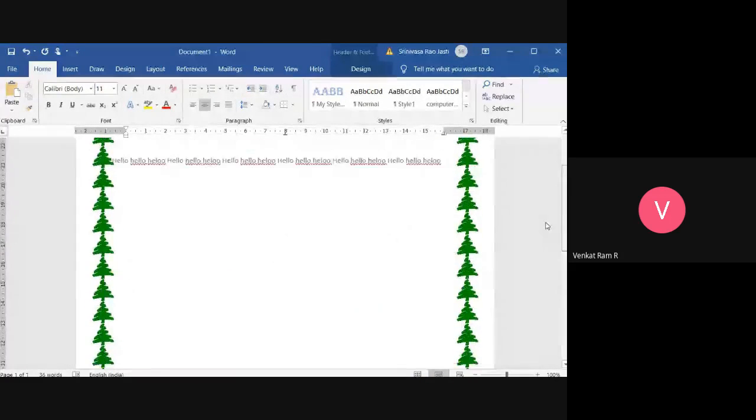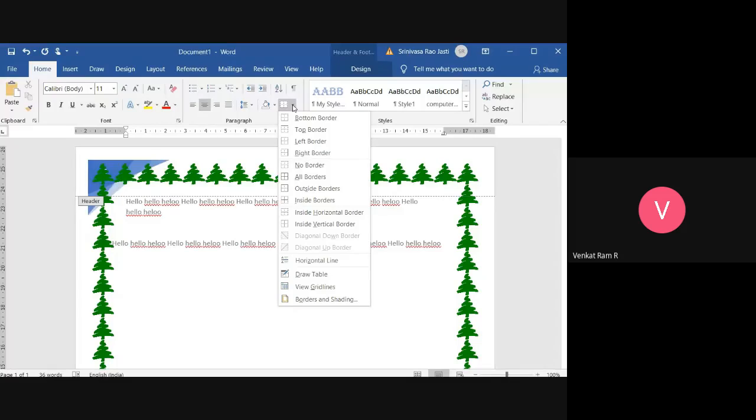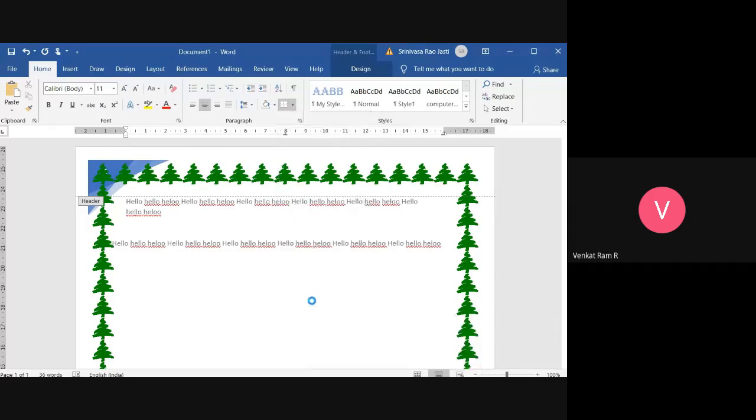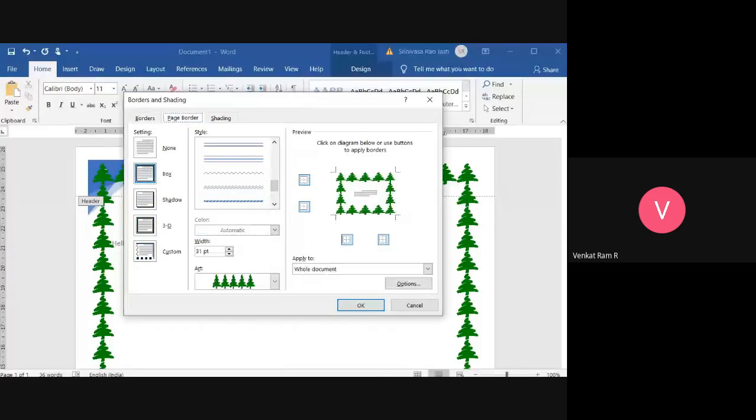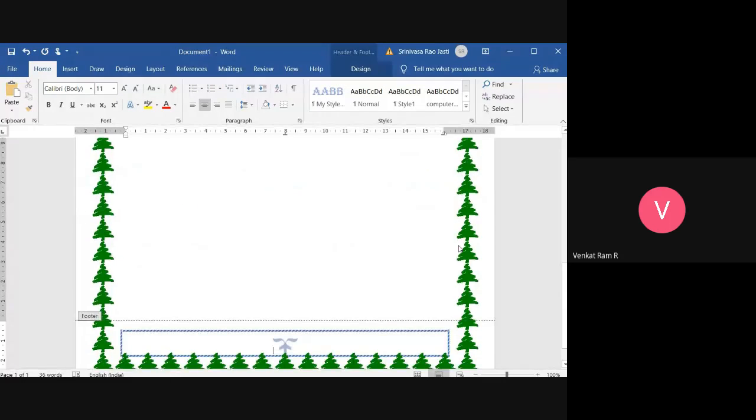Okay. So this is how you apply borders for your page. In paragraph group, page border is there, and in that borders and shading, just click on it, go to page border and select. If you want to apply for the text, suppose if I want for this text,